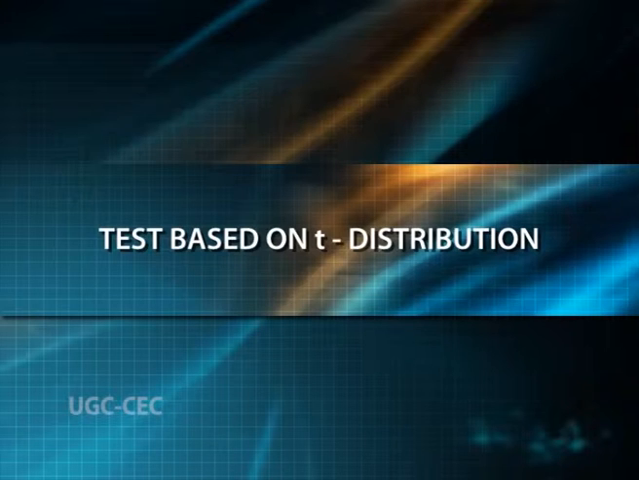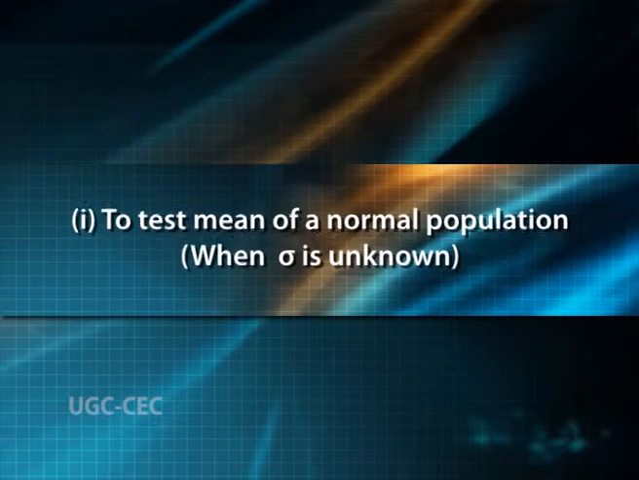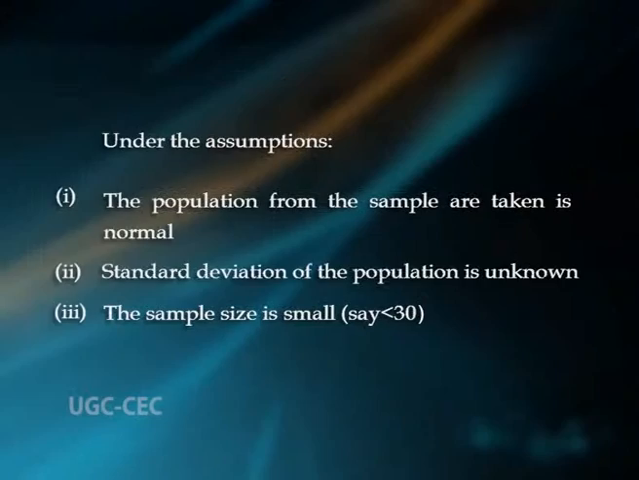Test based on t distribution. 1. To test the mean of a normal population when sigma is unknown. Consider a normal population N(mu, sigma), to test H naught: mu equal to mu naught. If the population standard deviation is unknown, and since the sample size is small, the test based on normal distribution is not applicable. Under the assumptions,